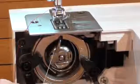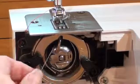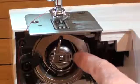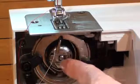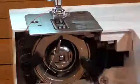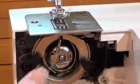So we're going to do this. It's kind of a fast process. You can't do it too slow. So just keep watching over here. You're going to see the red thread sweep across and grab this, and then you're going to see it come up underneath this plate. So we're going to give this a try